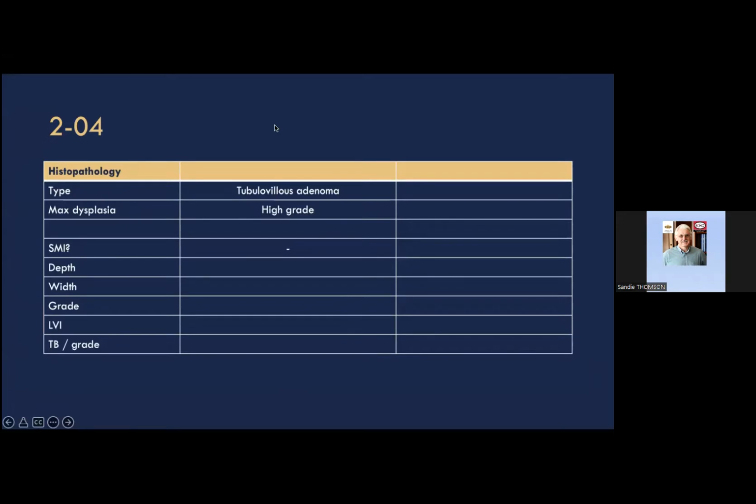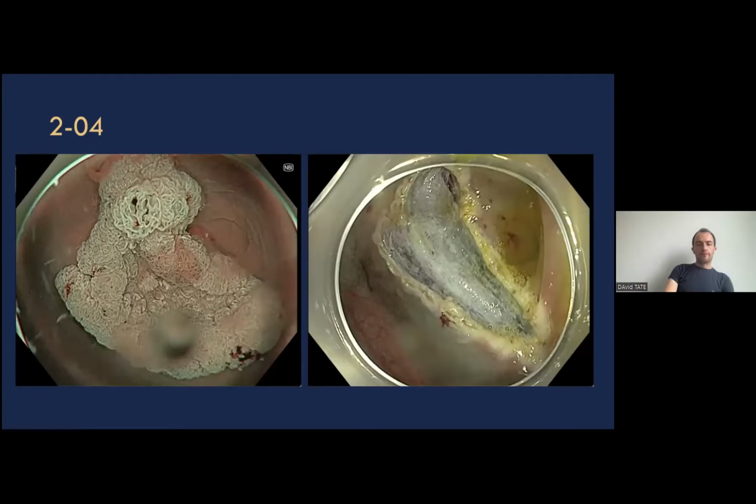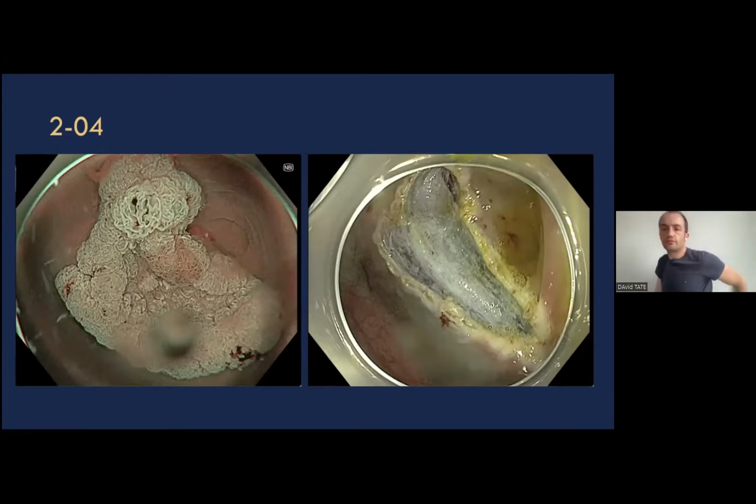I see you use quite a bit of water and you use the cap. Traditionally in South Africa, as far as I'm aware, most people don't use the cap for diagnostic colonoscopy. So when do you use it routinely? And we noticed that obviously it does help very much with near focus and with water immersing the lesion. Is that also part of your assessment of these polyps? So is it routine? When do you put it on?